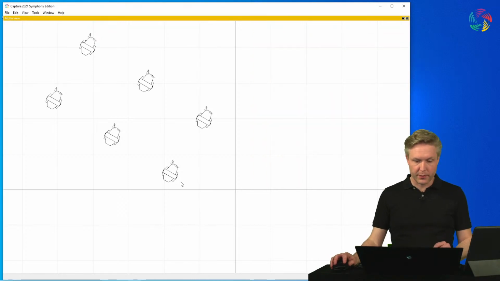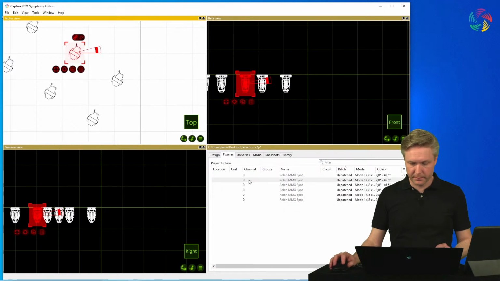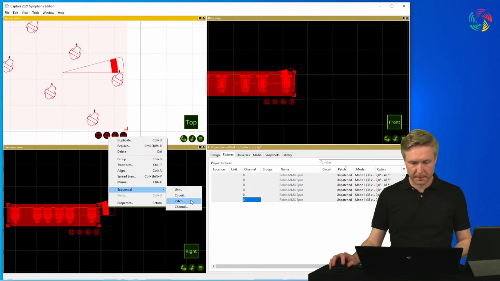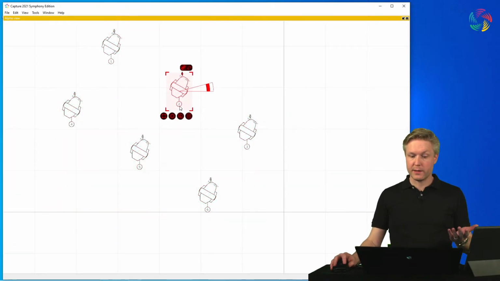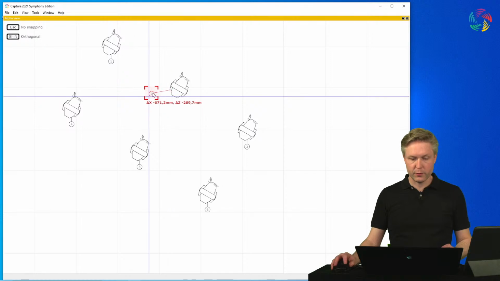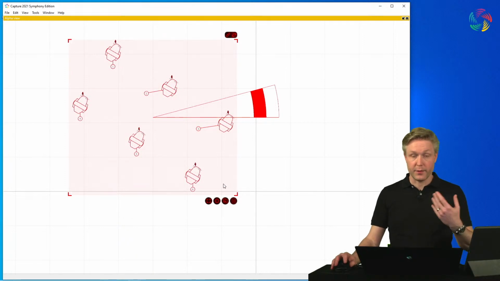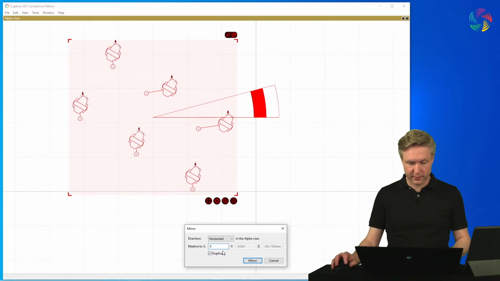So I hope that was sufficiently in-depth. There are other things worth knowing about mirroring. So for instance, if we have additional information like some patch information, let's throw in some channels here. Which means that we now have these lovely little annotations that we can move and adjust in paper mode. And their position is also preserved when we mirror. So if I create another duplicate along the center line,